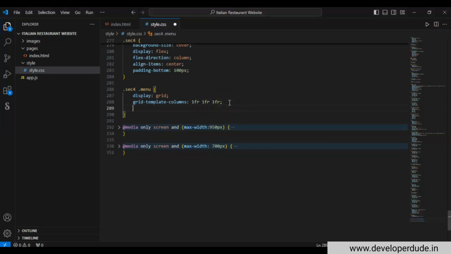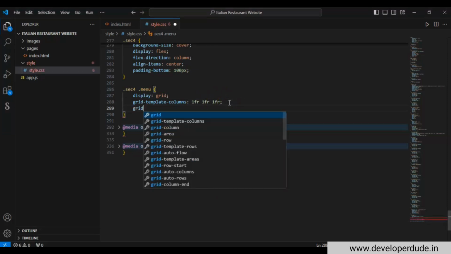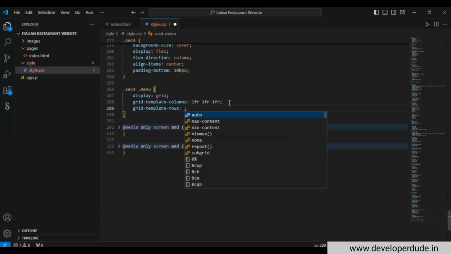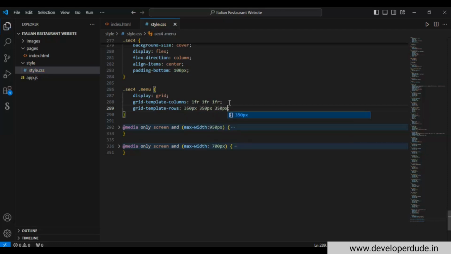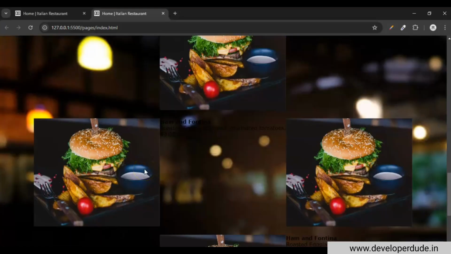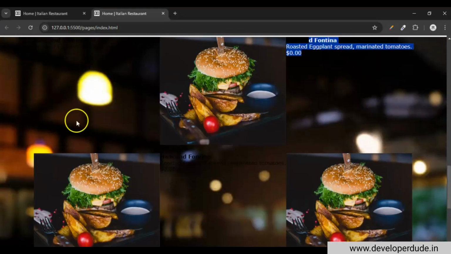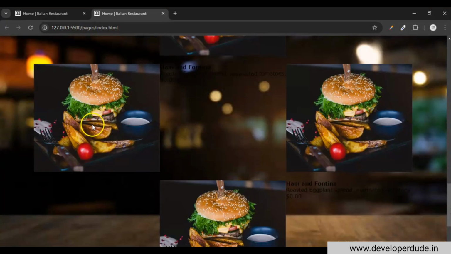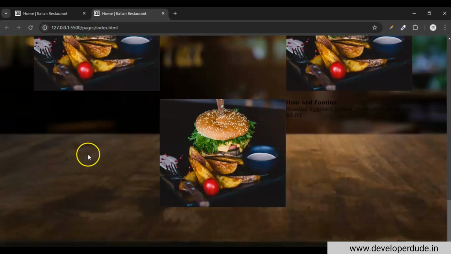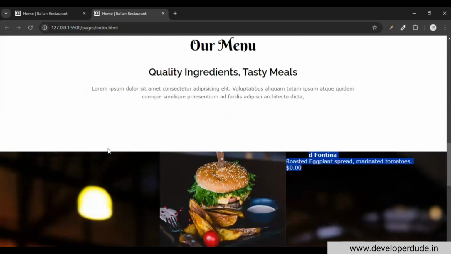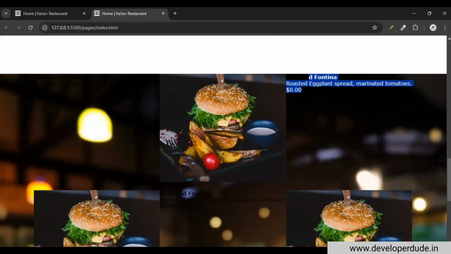Okay, now grid template rows. So now we are telling it to create rows of 350 pixels, 350 pixels and 350 pixels. Now we are telling the size of the rows. So we are saying that we need a row of 350 pixel height, we require 350 pixel height for the row. Okay,